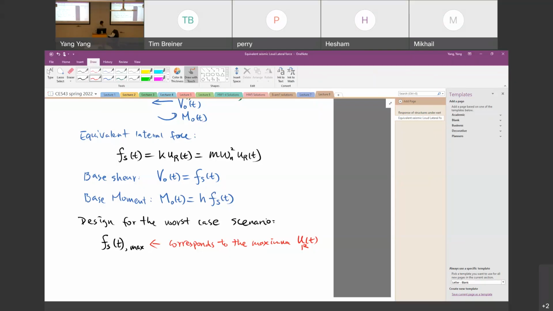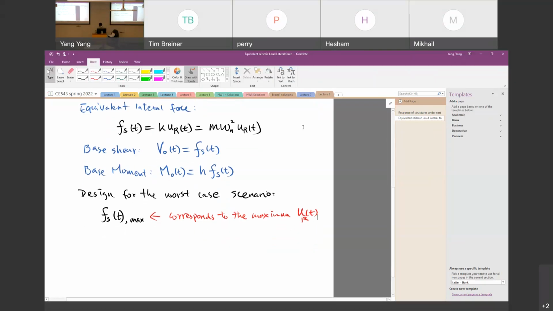moment here. So the goal here on the response spectrum is to figure out what the maximum displacement is, so that we can find out, when you do the design over here, the question is